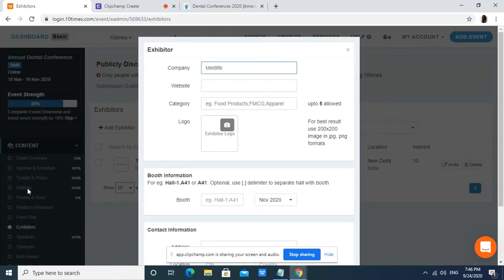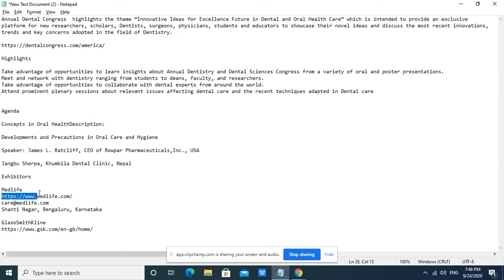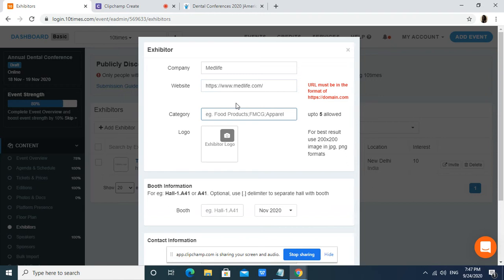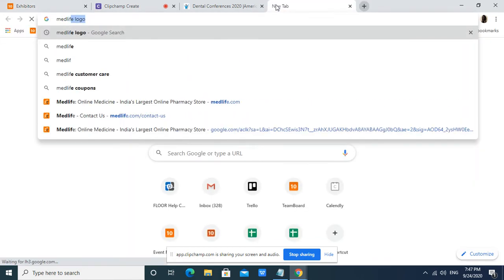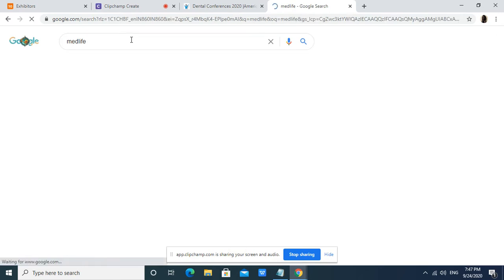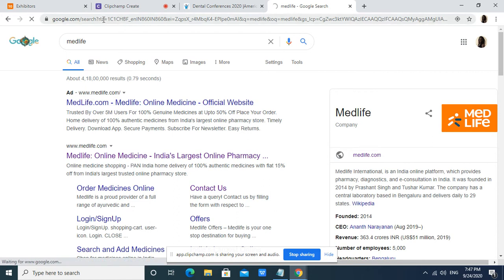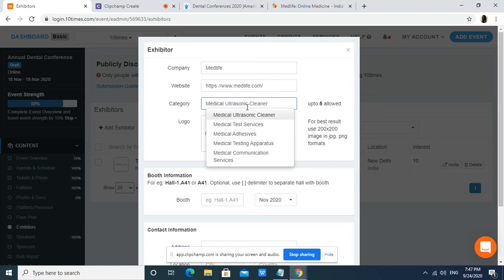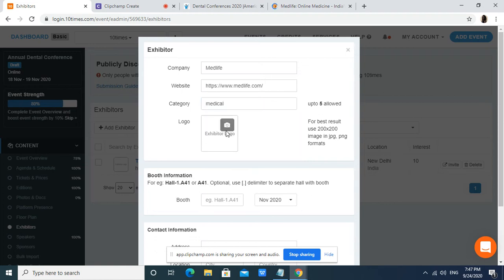Enter the exhibitor name, company name, their website, category, and their logo.